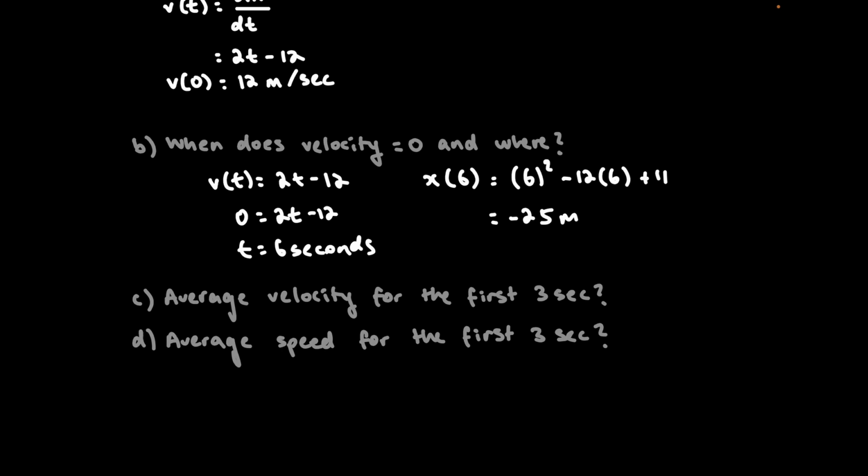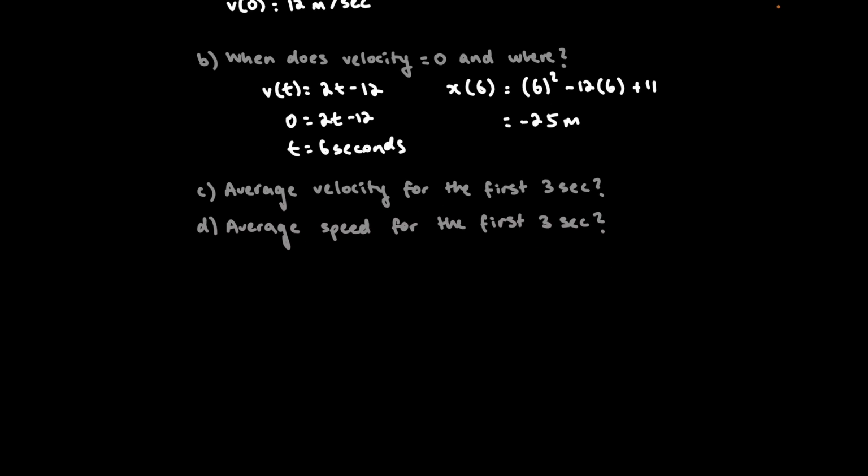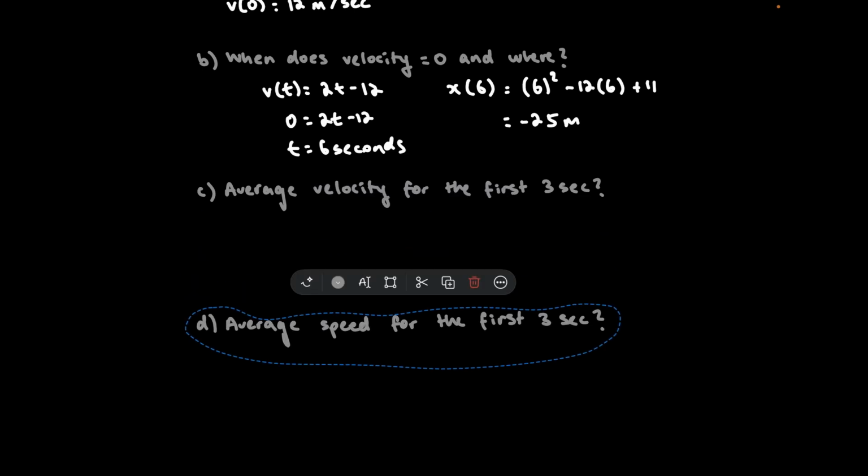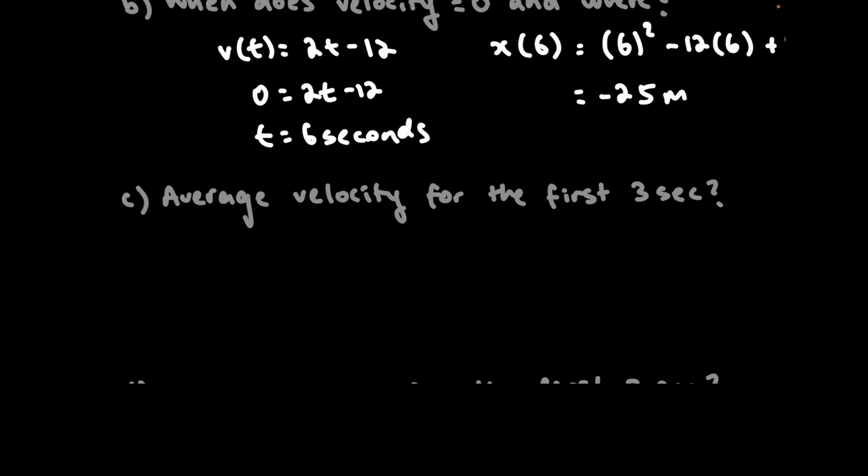Now we need to work out the average velocity for the first 3 seconds. They're not asking for the instantaneous velocity. If they say instantaneous, that means we need to use derivatives. They're just asking for the average. To work out the average velocity between 2 points, we have 2 types of values. Anything instantaneous,